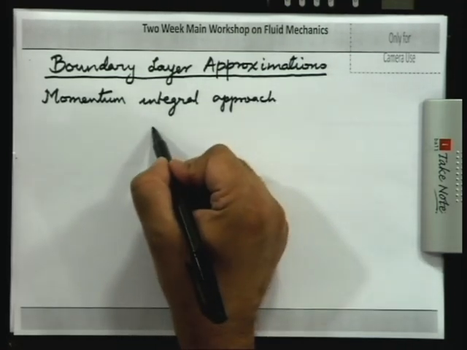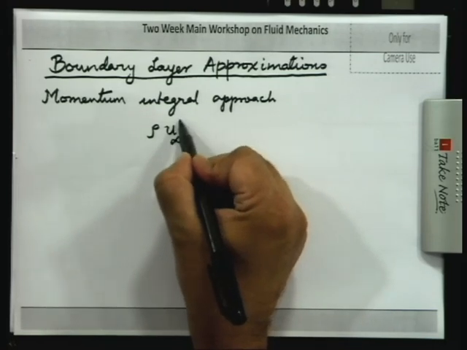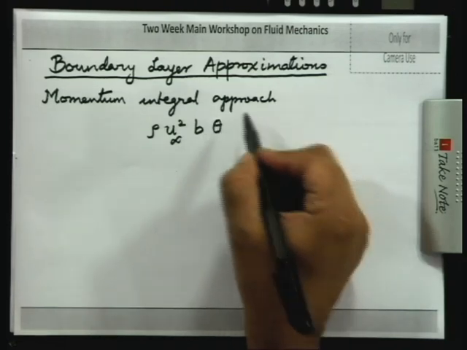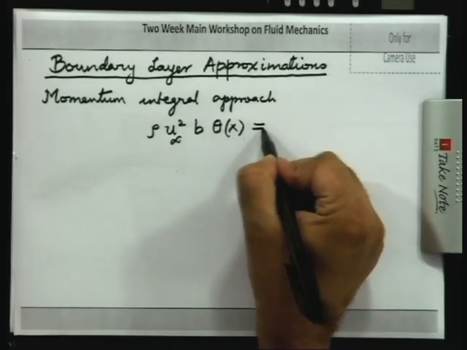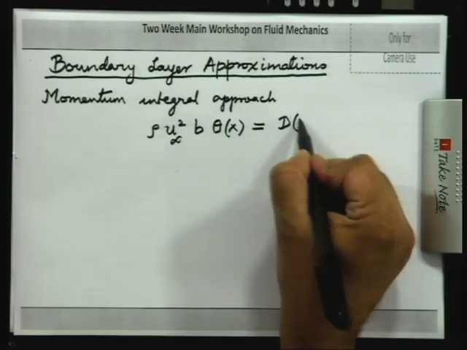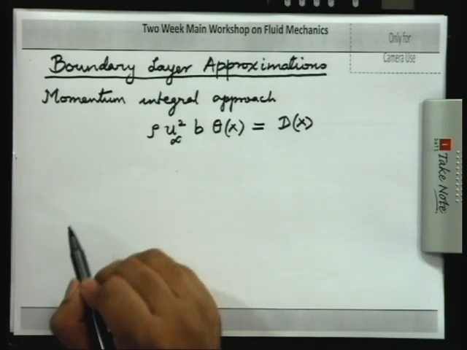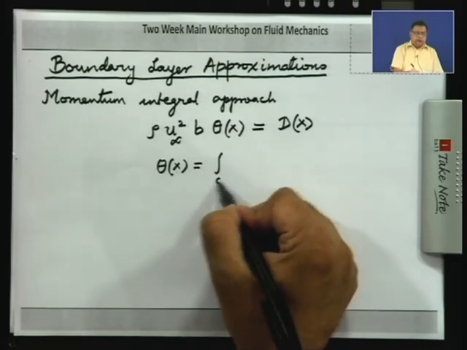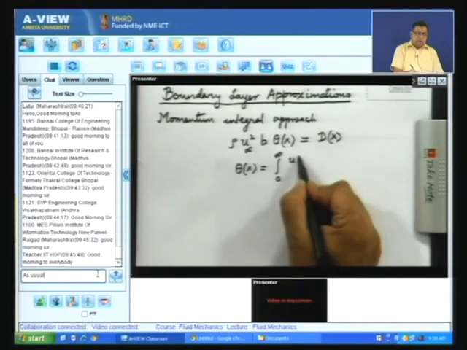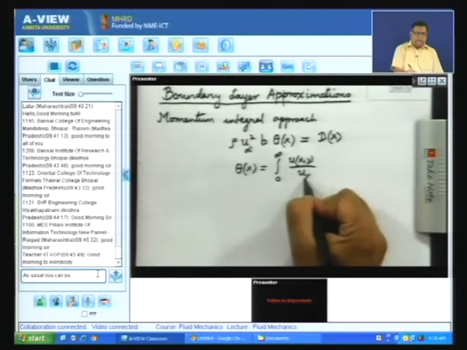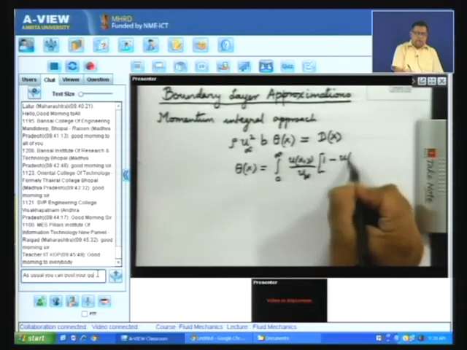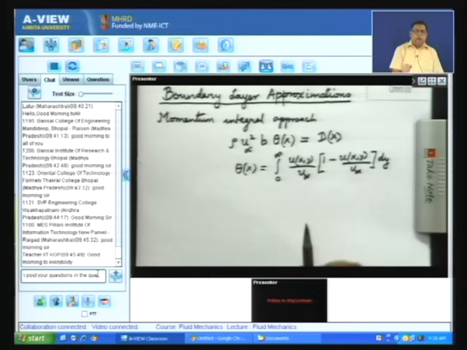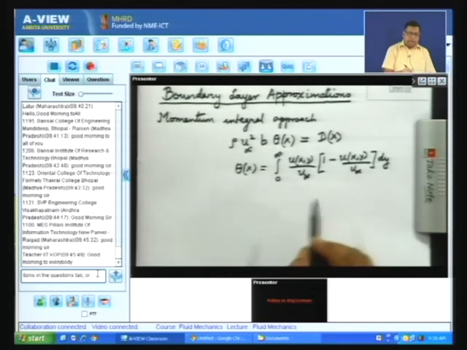And showed that rho times u infinity squared times b times what we call the momentum thickness, which is a function of x, was the drag, which is a function of x, and theta of x was defined in this way: integral 0 to infinity of u(x,y) by u infinity times 1 minus u(x,y) by u infinity, dy. So, this is for the flat plate boundary layer which we discussed last time,